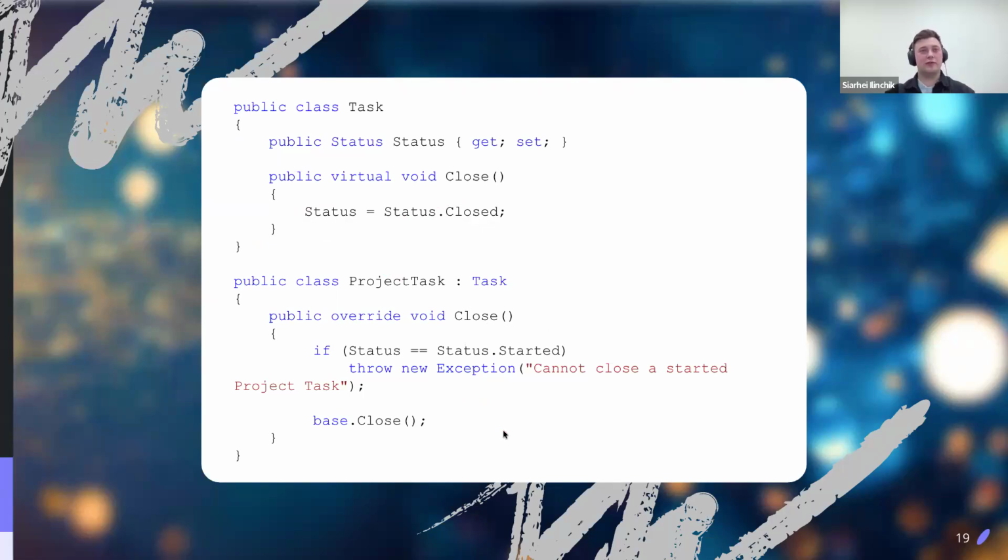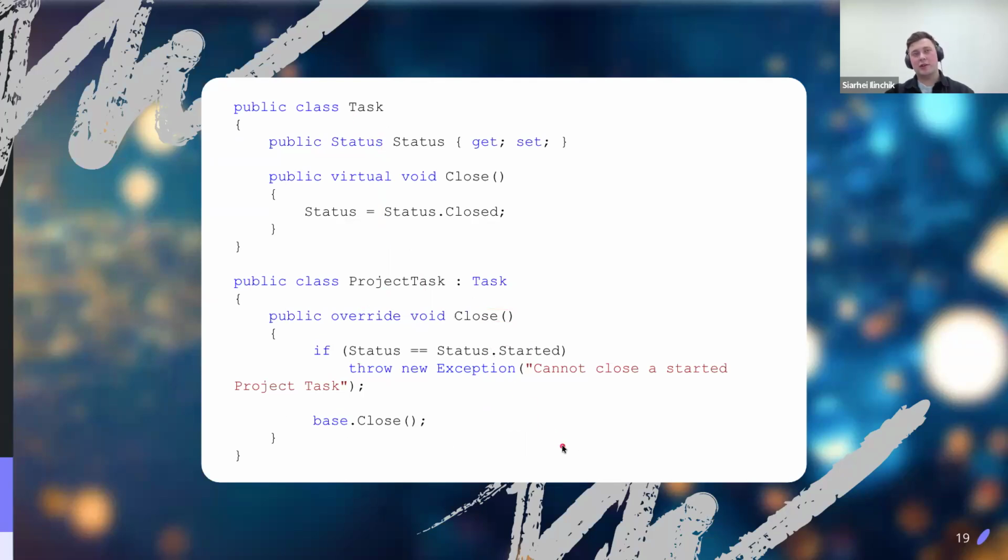The company you're working for lost $5 million, and you need somehow to give them back those $5 million. And if you have followed Liskov substitution principle, you shouldn't have done this, and you won't be owing $5 million to your company. Though the issue is now whenever you use the task class, you need to wrap the close